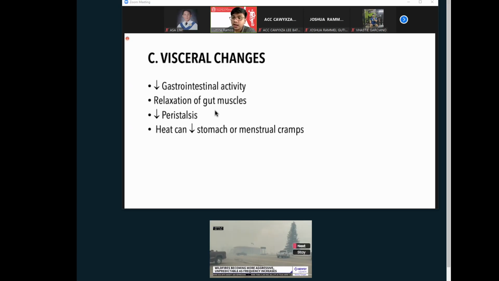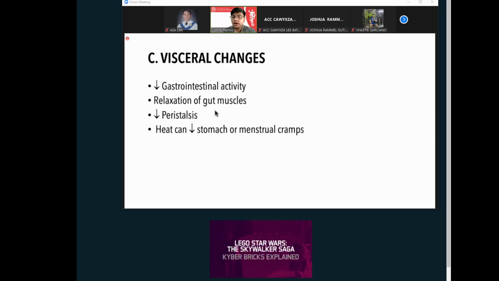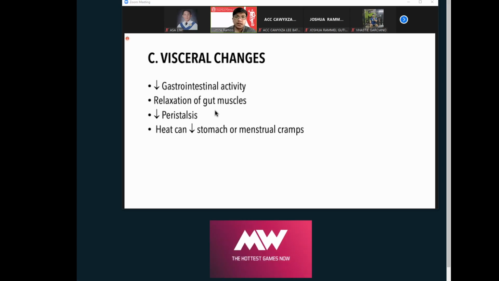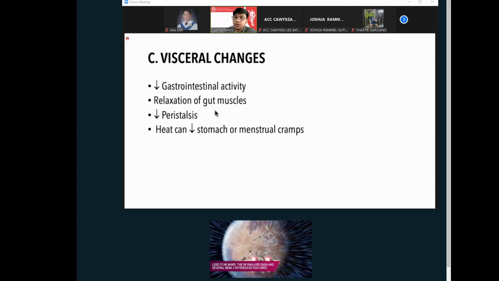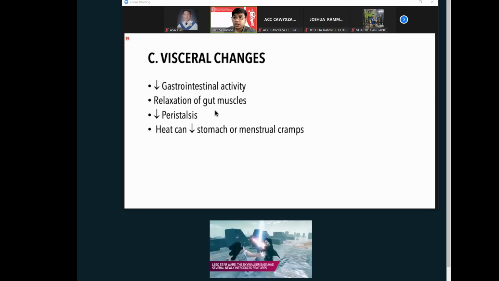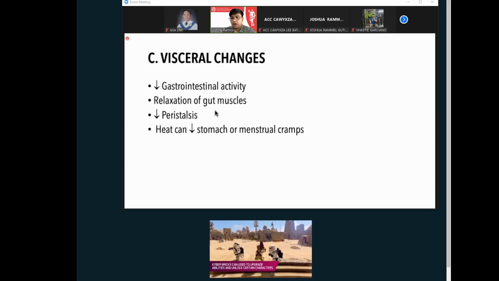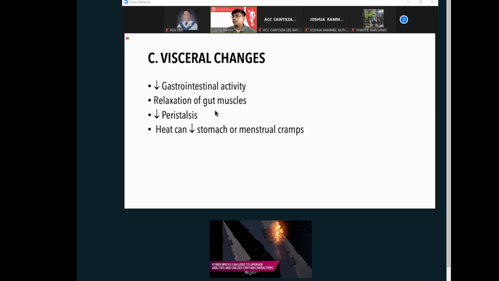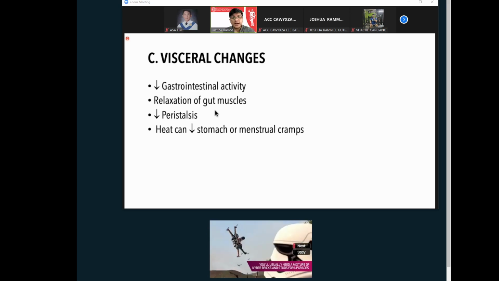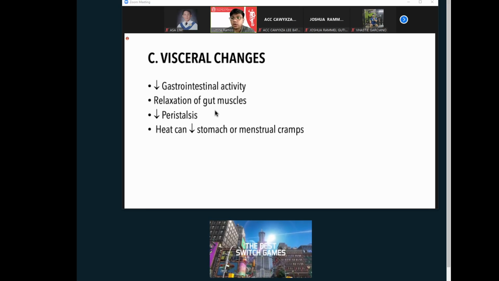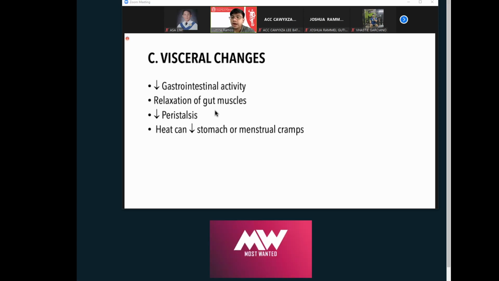Kaya di ba kapag sa mga females, kapag you are under your menses, and you are experiencing painful menstruation, yung dysmenorrhea na tinatawag, di ba? To relieve you from the symptom, anong ginagawa nyo? Magla-apply kayo ng heating pad or heating bag sa inyong suprapubic area, sa puson, di ba? Para ma-decrease yung menstrual cramps. Kasi it relaxes yung mga muscles and at the same time yung inyong uterine muscles as well.